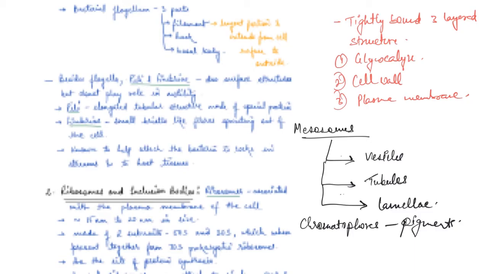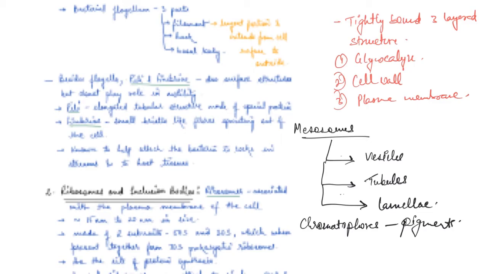Now apart from flagella, one can also have pili or fimbriae, which are surface structures. Pili and fimbriae are surface structures, but they do not play a role in motility. So if you get a question asking which part of bacteria helps in motility, or movement, and you get options like flagellum and pili, flagellum and fimbriae, none of the above, then the correct answer would be flagellum. Pili and fimbriae don't play any role in motility, in movement, right?